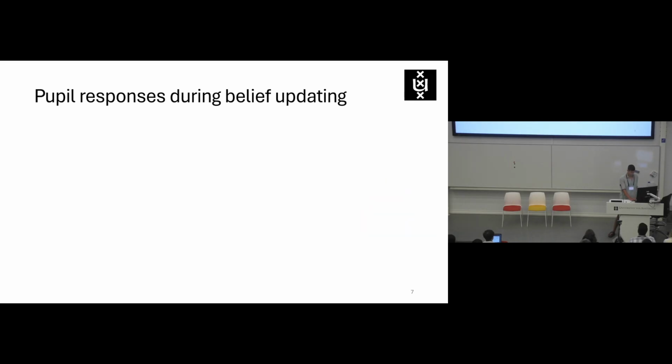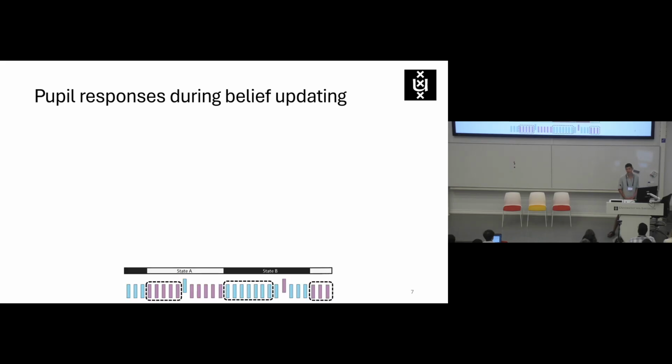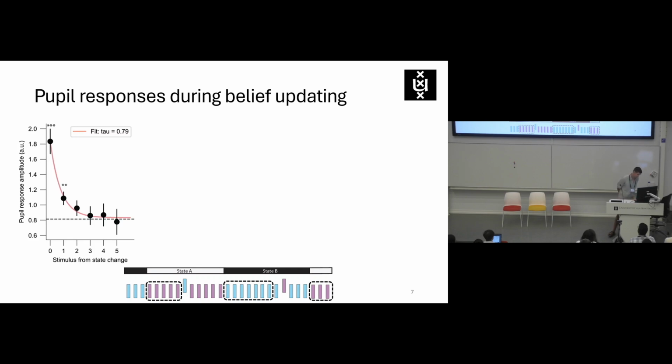And then we moved on to look at what is basically happening right after a state change, by asking the question: how long does it take for a standard to reach a new steady state? If you look here at the pupil response amplitude plotted against the standard stimulus position after a state change, you can see that the first stimulus yields quite a strong response, as it's probably perceived as an oddball, but then the strong response decays quite rapidly over the next stimuli until aligning with the average standard response, here indicated by this dotted line.